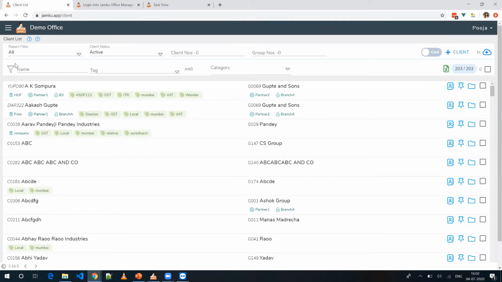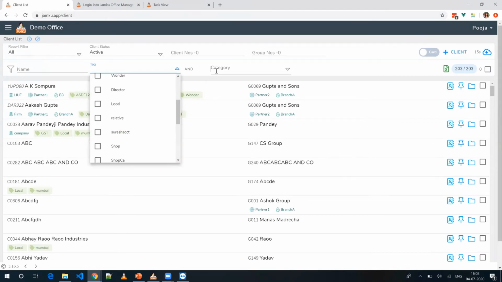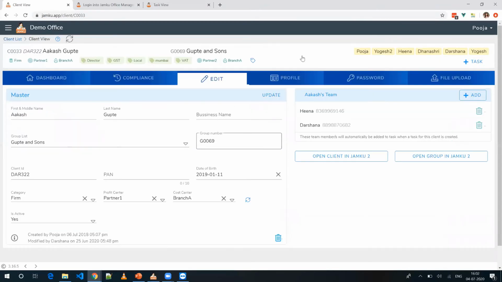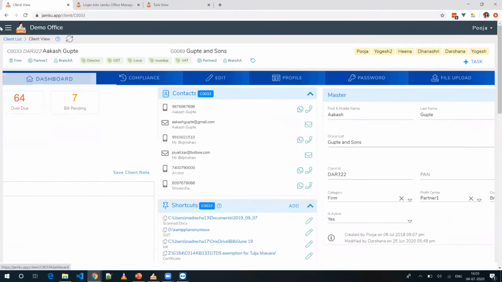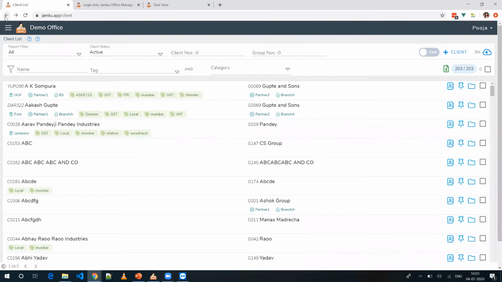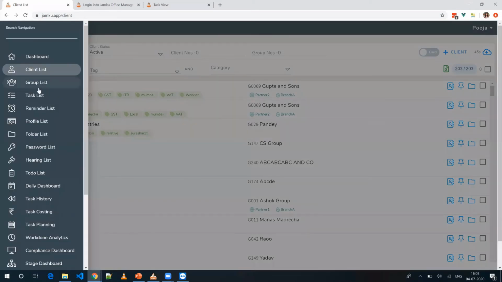So this was all about your client management part. We saw the client list, what information we see on the client list, and the filtering capabilities. Then we went into one of the clients and saw everything about this client, be it the documents, the profiles, the password, the pending work, and so on. And we saw how to create a new client and add the service to that client. Now let us move to the task management part. So coming to this task list page, obviously on the client list page, you will see the list of the clients.